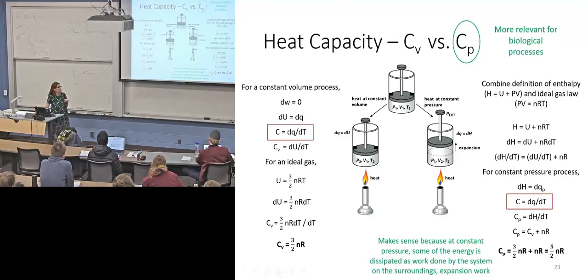It doesn't take as much because all it's doing is raising temp, whereas in the case where we can have movement and expansion, some of the heat that goes in goes to raising temp, and some of it goes into moving the piston. So it takes more heat flow in to get 1 degree temperature change. And CP is more relevant for our biological processes, but moreover, we're going to have potential energy consideration. So it's increasingly